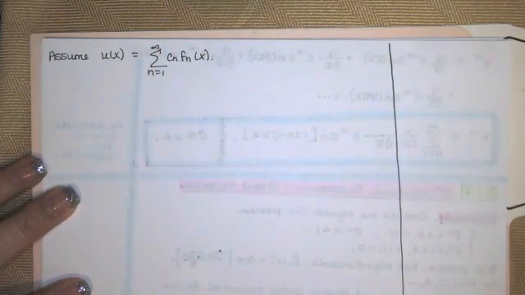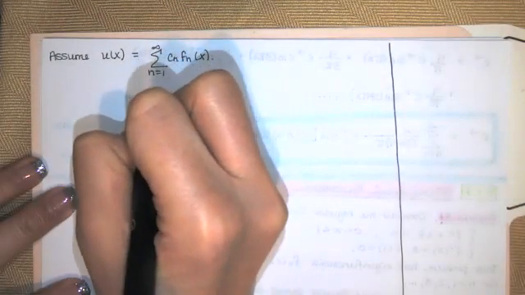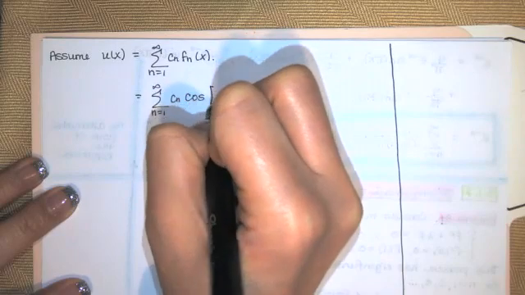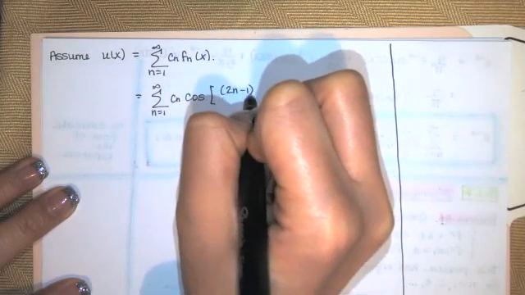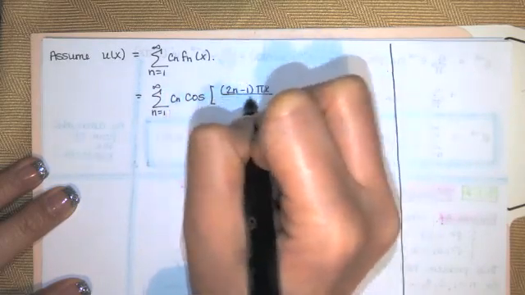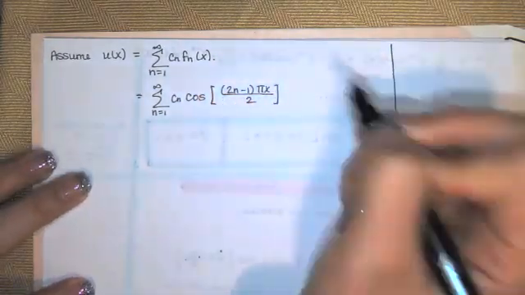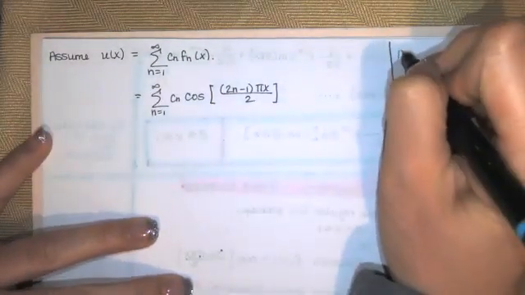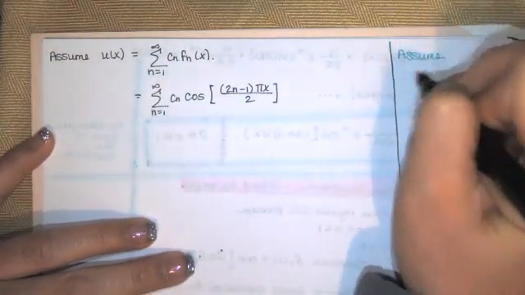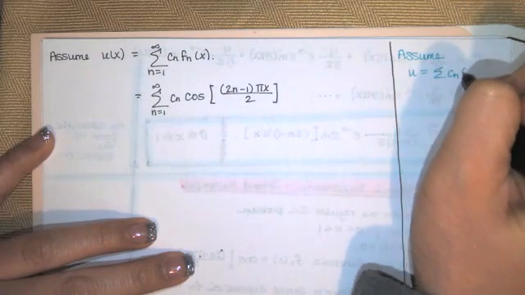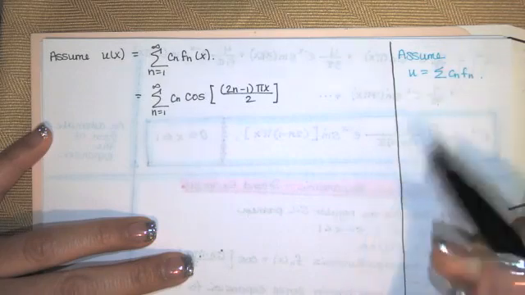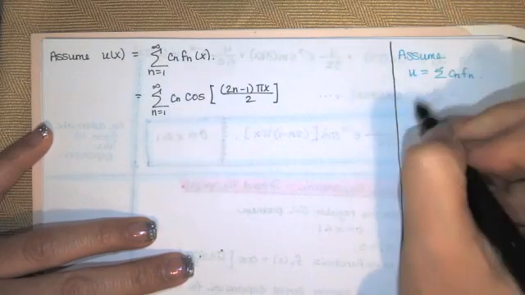That's what we would do in general. And in this particular case, the f sub n of x are cosine functions. We've got odd multiples of pi over 2 multiplying x there. Then in order to find the c sub n, and that's what we're looking for, we want to multiply this